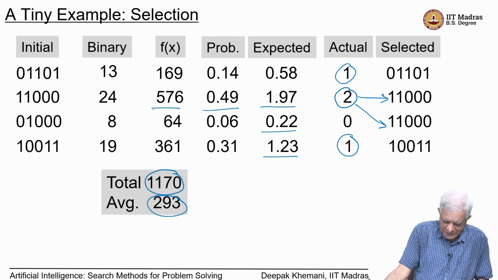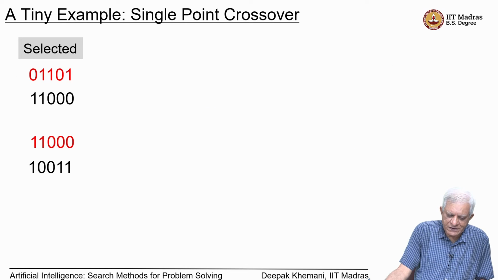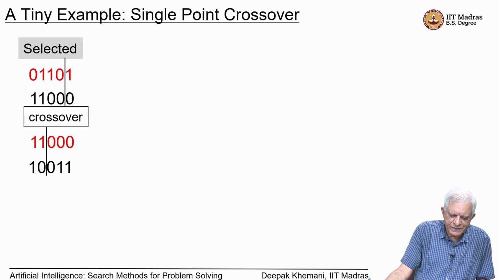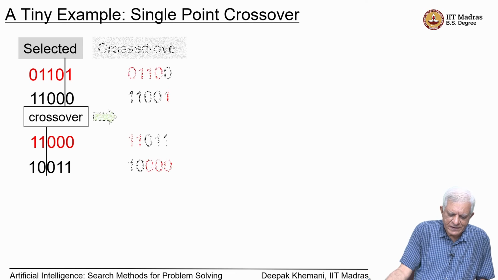So, this is a new population. How does this population look? These are the 4 candidates in the population, and now we do the crossover operation. So, we randomly choose crossover points, we randomly pair them, and then we choose crossover points and then mix up